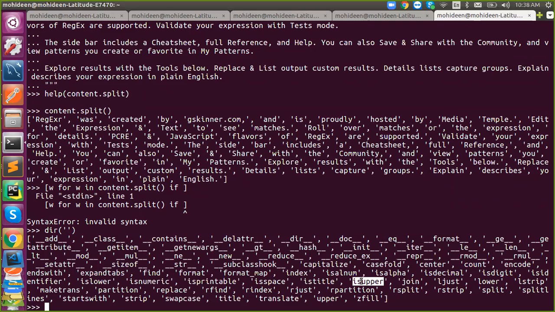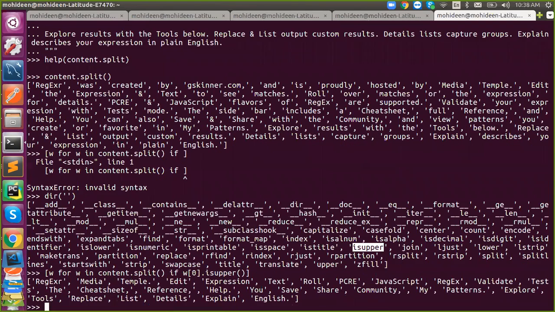That is one method we can do: if w[0].isupper(). Yeah, you got it. So you got the words which start with capital. It's one method.